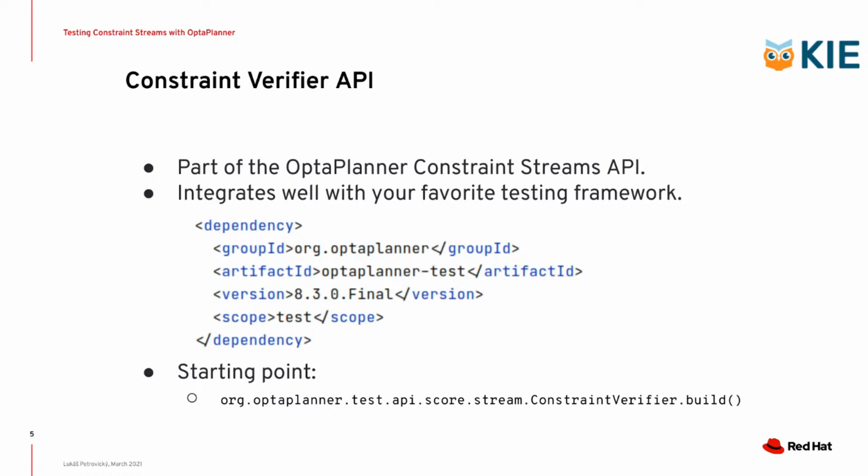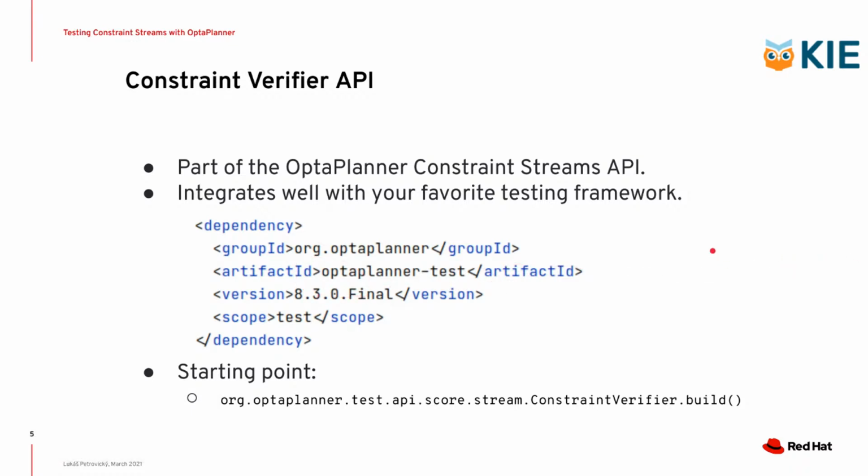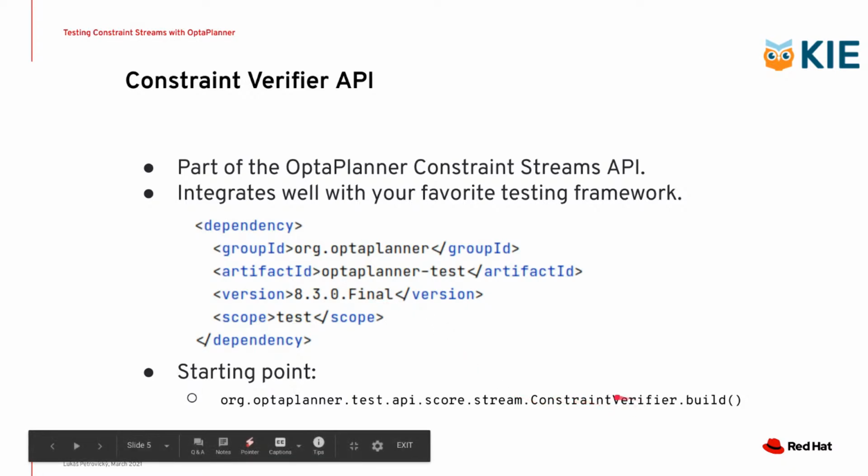The code snippet I have right here is how you get to use the API. You actually have to introduce the OptaPlanner test artifact into your project. You give it a scope test because that's where you want it, and then you can start using the API itself. So the starting point for the API is a class called ConstraintVerifier, and when you call a static method